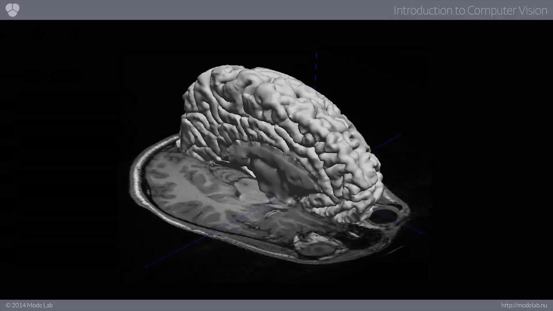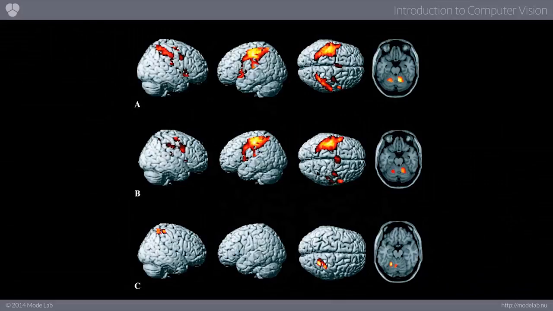In the healthcare industry, for example, magnetic resonance imaging produces three-dimensional reconstructions. It takes slices of MRI data and stacks them together and then uses intelligent algorithms to begin to make three-dimensional reconstructions of that. And we don't have to just stop at three dimensions. We can actually go to higher order dimensions. Functional magnetic resonance imaging, for example, measures the amount of blood flow through the brain over time. So we're adding another dimension. So we can begin to see patterns as people change their thought patterns by looking at things or thinking about things in different ways. We can begin to see patterns in the blood flow throughout the brain,